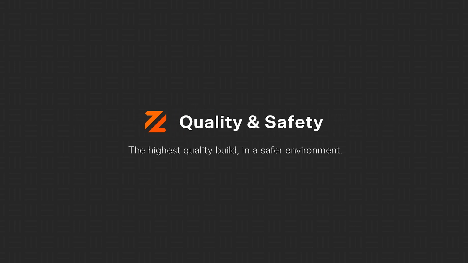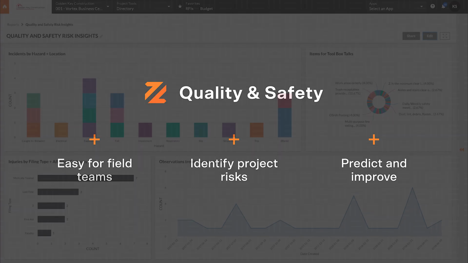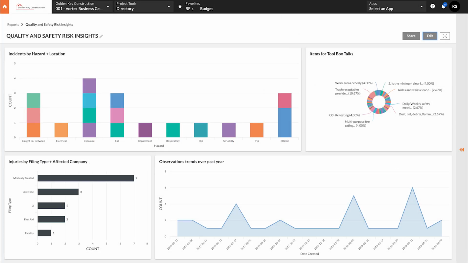Procore Quality and Safety makes it easy to automatically aggregate all of your project information so you can start tracking and identifying opportunities to predict and improve. Here's how Quality and Safety can give you visibility into your projects to promote a quality build in a safe environment. Most likely, you're already documenting important details in the field, but what's unique to Quality and Safety is that